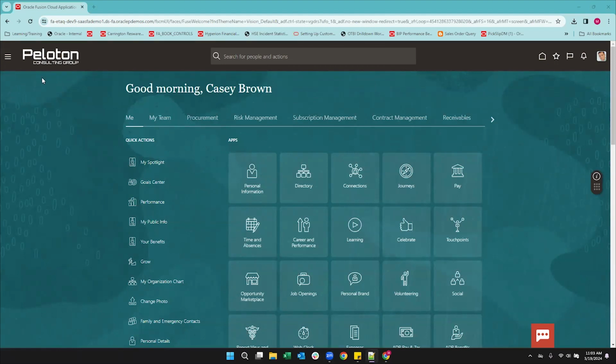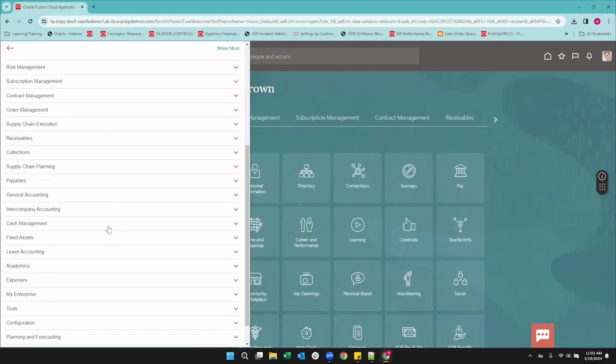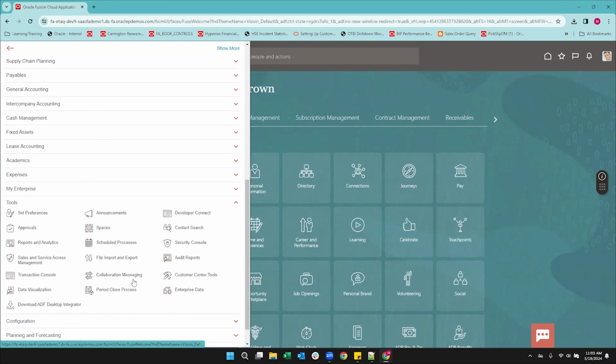But for the most part, everything after this screen should be pretty well the same as what I'm going to show. To get to OTBI and to create an analysis, we're going to start up here in the upper left-hand corner. We're going to click this navigator and find tools. Again, yours might look a little bit different. There's another version where they're grouped together. Usually tools is toward the end. Within tools, you should have reports and analytics. So if you click reports and analytics,